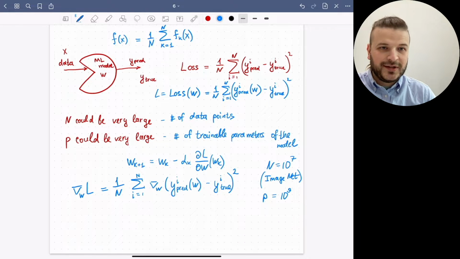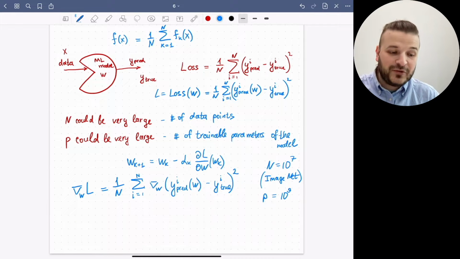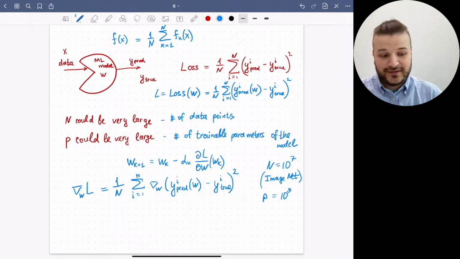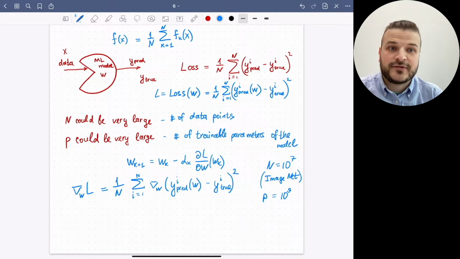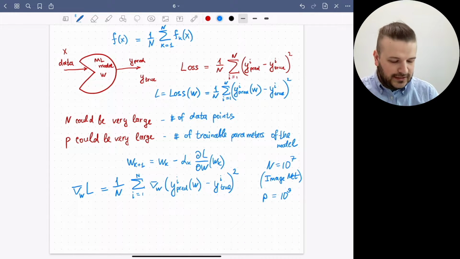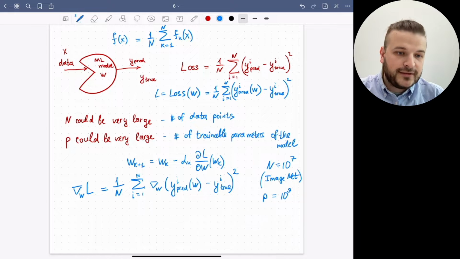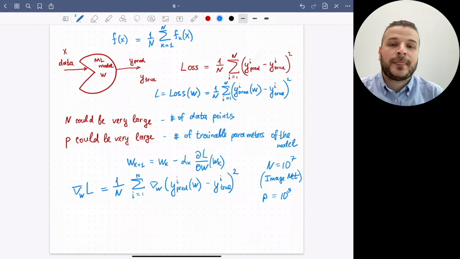I mean, with a problem to train this model, but we already have such models that require such a big number of parameters to train the model. Okay, and the problem you have here is that the calculation of a single gradient is a hard computational problem,